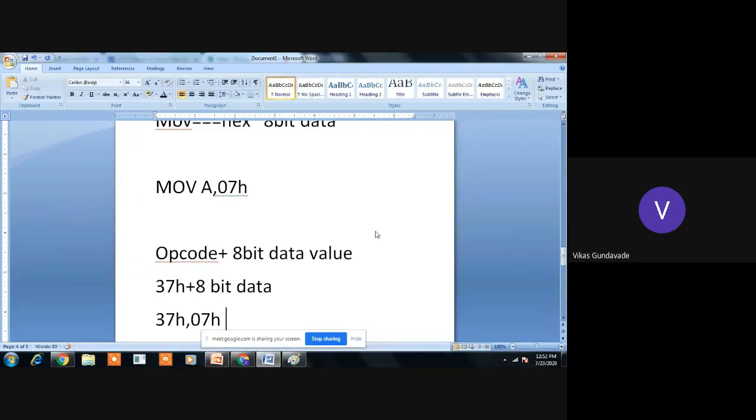So depending on that, either one, two, or three memory locations will be required. Hence we differentiate instructions as single-byte, 2-byte, and 3-byte instructions. Have you got it?